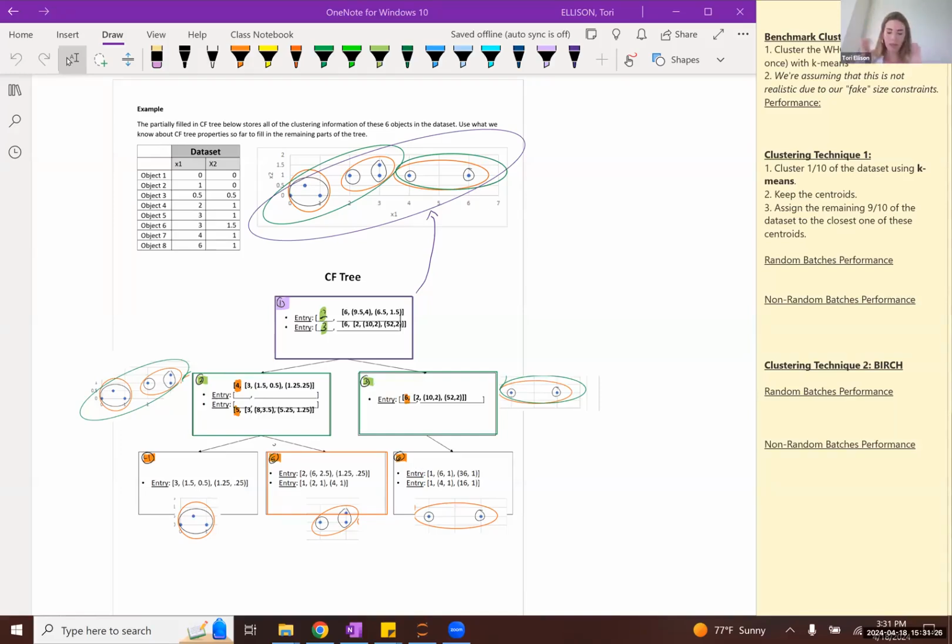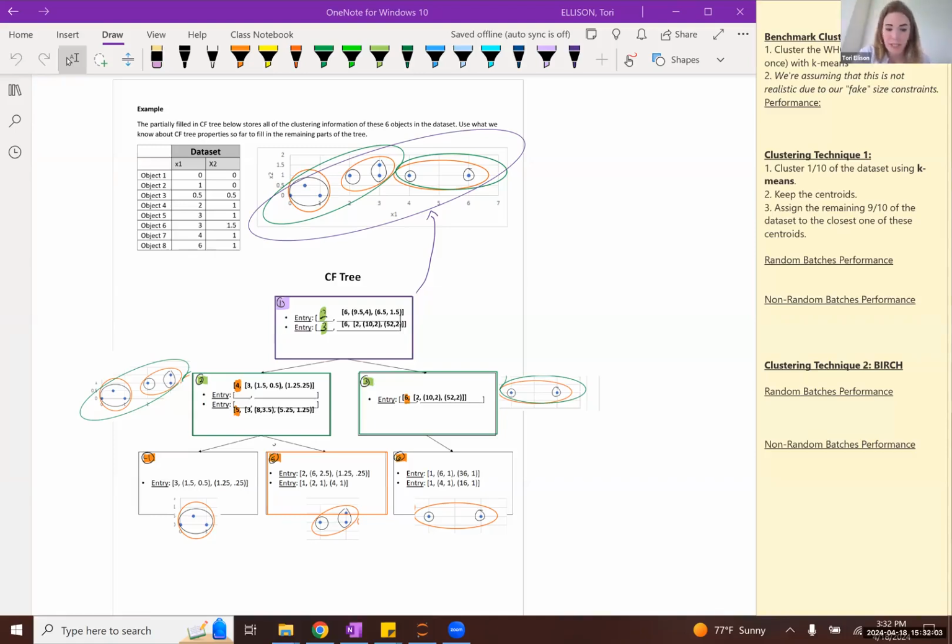But yeah, do make sure that you're going through that practice test as well, especially as we're moving on to some of this newer content. So we do have 3 more units that we're going to be getting through by the end of next week, God willing. So we're going to finish up with Birch clustering today, hopefully. And then we're going to move on to another online clustering algorithm, which we call mini batch k-means today. And then the final clustering algorithm that we're going to talk about next week is spectral clustering. So we should be moving on to the application of Birch today.